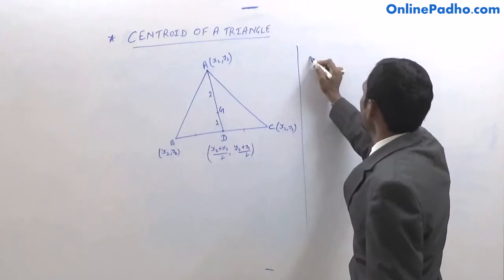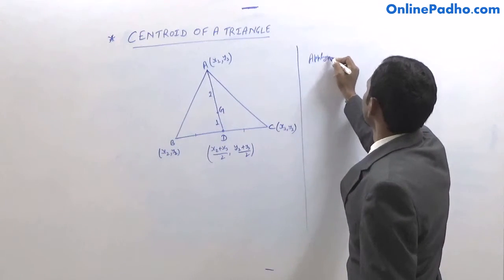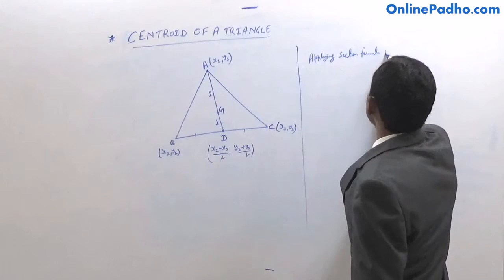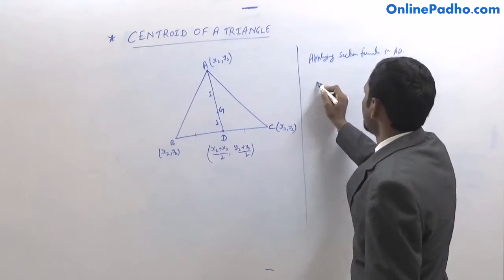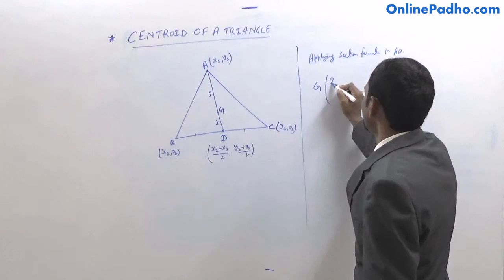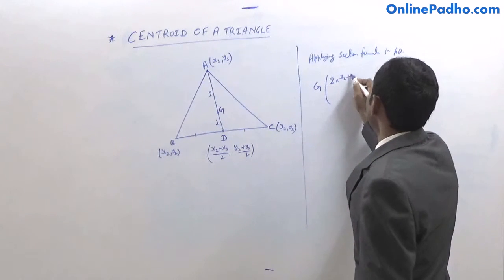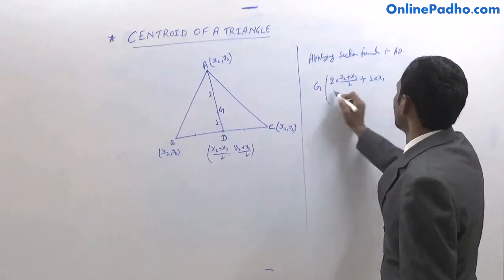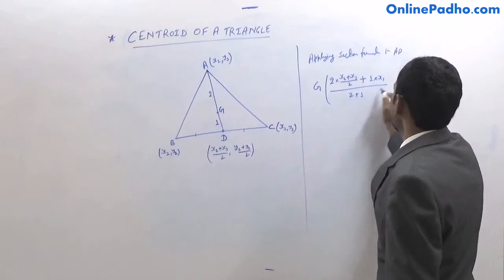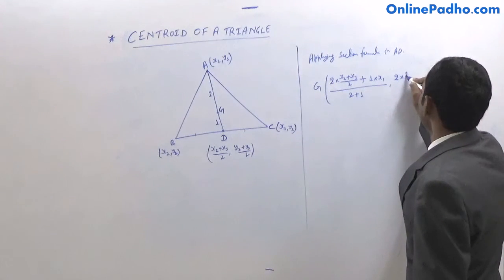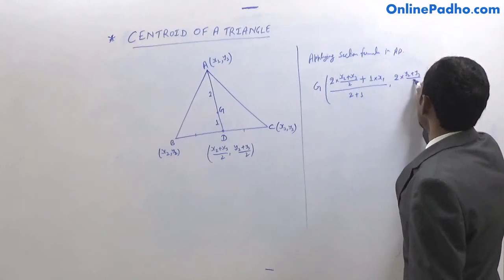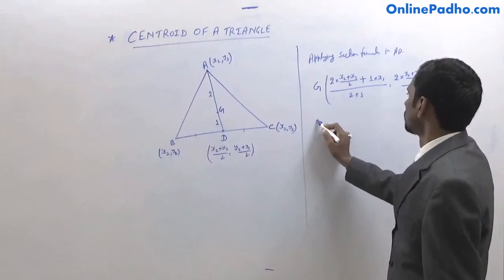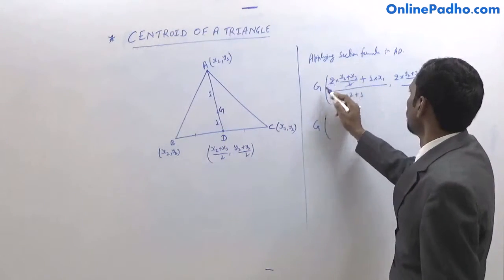Now applying the section formula in the line AD, you can say the coordinate of point G is mx2, meaning 2 multiply x2 plus x3 by 2, and plus 1 multiply x1, divided by 2 plus 1. And in the y coordinate, same as you can write 2 multiply y2 plus y3 by 2 plus 1 multiply y1 divided by 3. So you can cancel 2 with 2, 2 with 2,